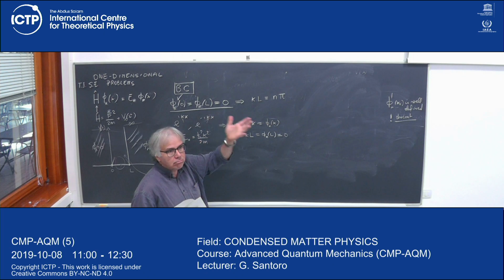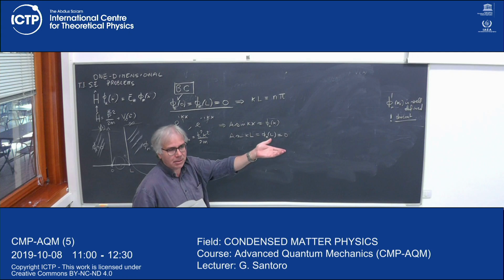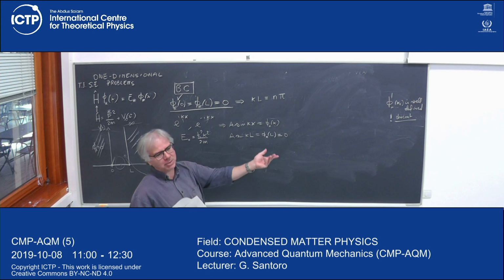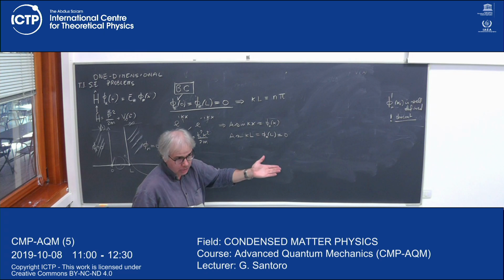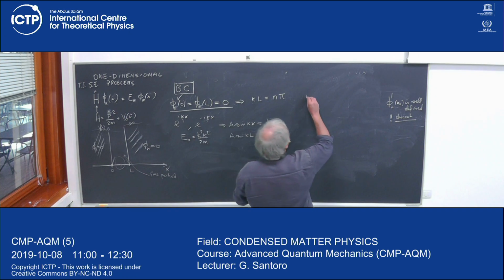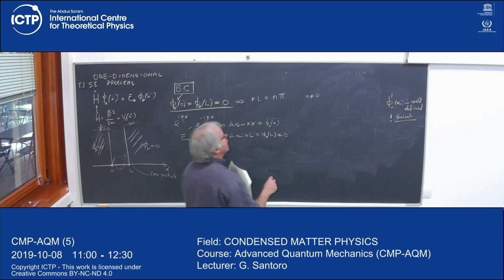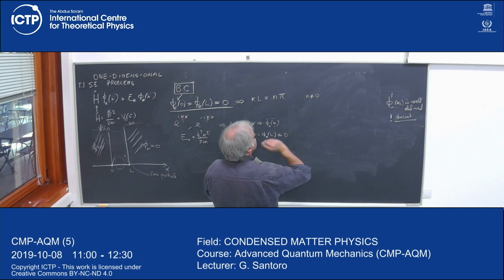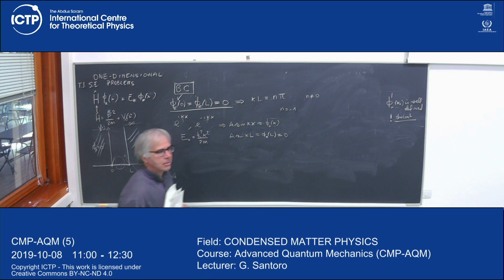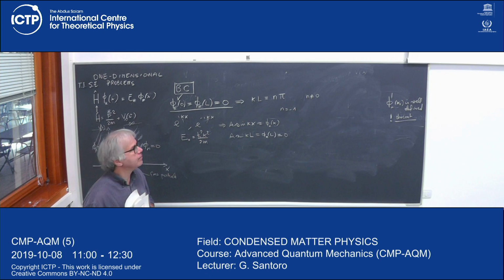Because you can normalize that. I mean, no particle. No particle. Okay? So the wave function should not be 0 everywhere. Otherwise, it's not a wave function. So actually, n cannot be 0. Let's see. Suppose that I take n equal 1. That's okay. But what about minus 1? Okay? So n equal to minus 1. Minus an integer in general.